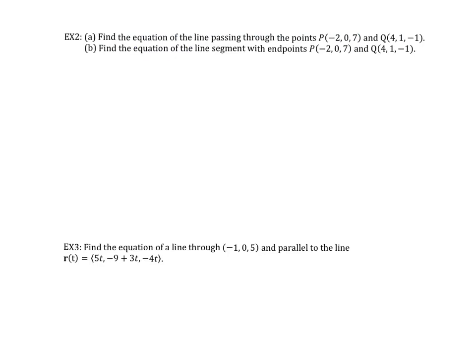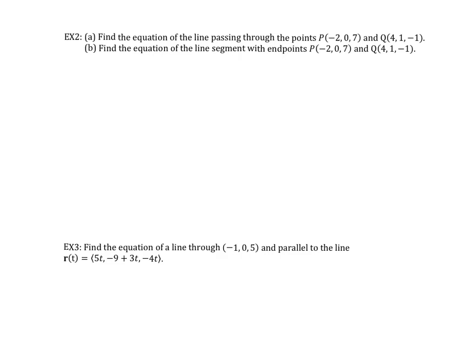In example 2a, we're asked to find the equation of a line passing through 2 points. Notice we don't have a direction vector, so we have to find the direction vector. And then part B says find the equation of the line segment with the endpoints P and Q. So these points are the same. Now when you're given 2 points and you have to find the equation of the line, it doesn't matter which point you choose to be your x sub 0, y sub 0, z sub 0,